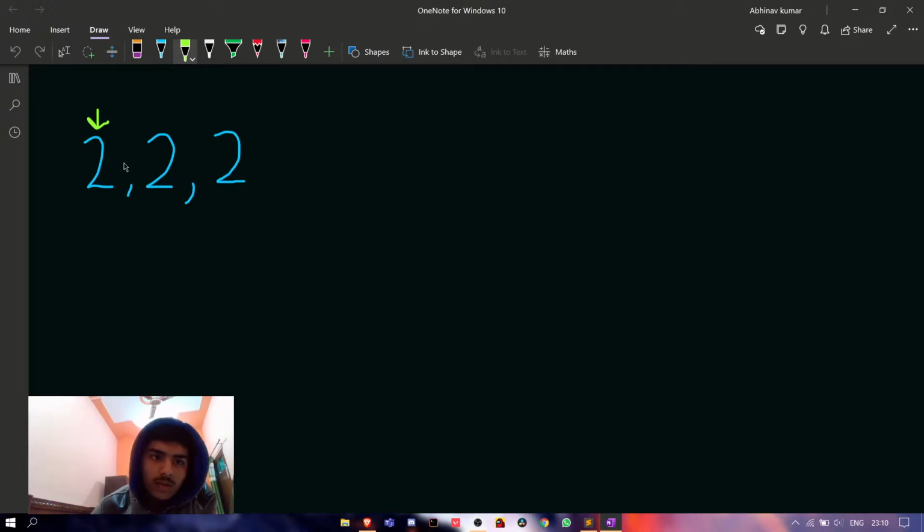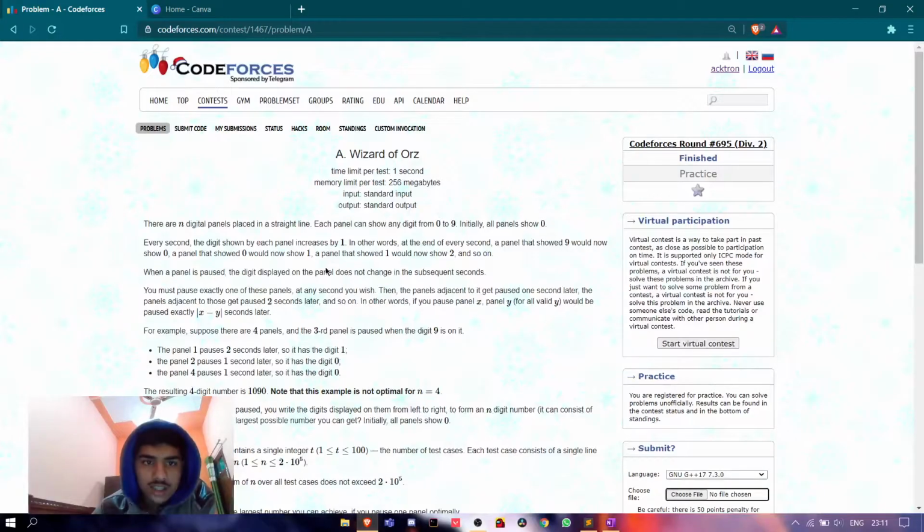But the panel next to it will stop after 1 second, so it will increase by 1. So basically we'll plus 1 to it, because as told here, every second they increase by 1.